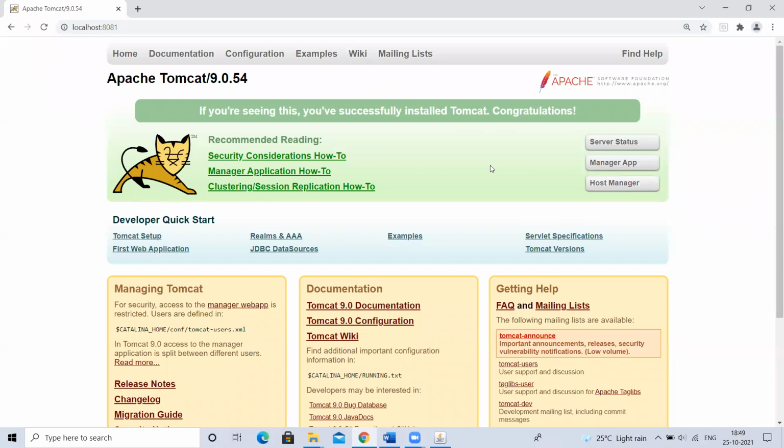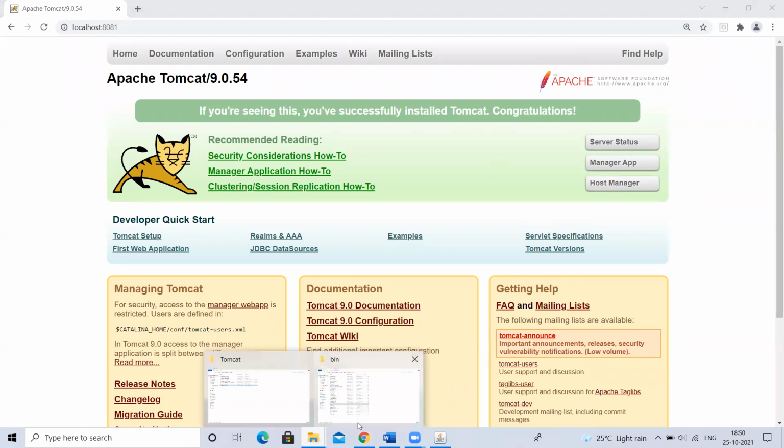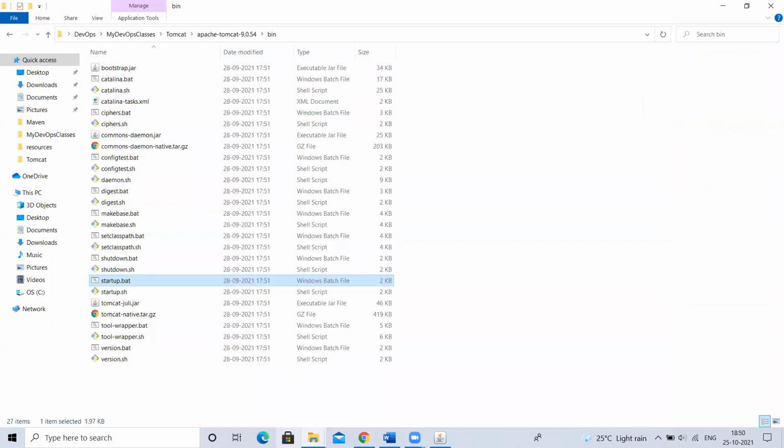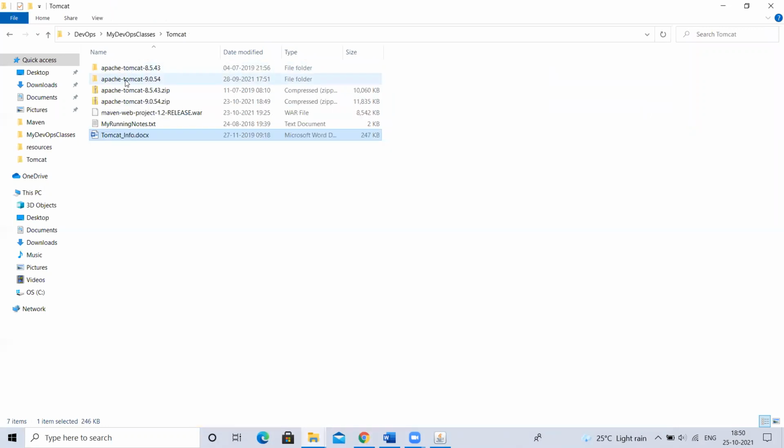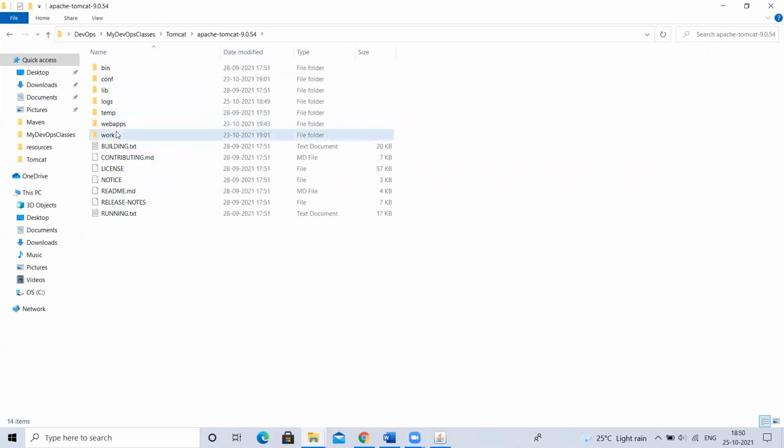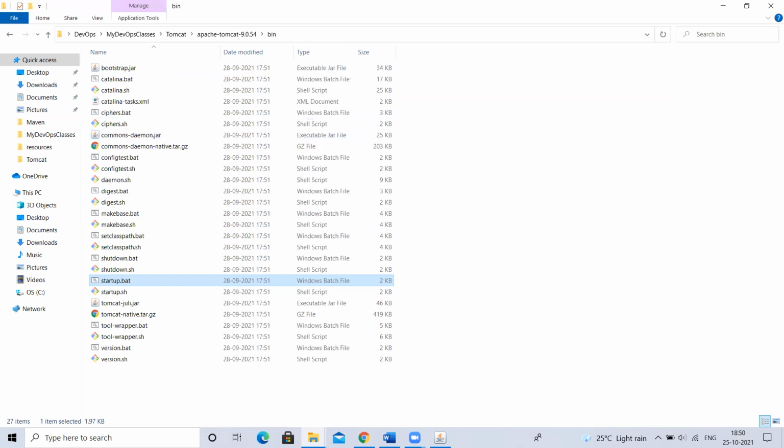But Tomcat is saying, don't deploy in that way. Why? Because if you are deploying into Tomcat, Tomcat will give you a username and password. Using that, you have to log in and deploy. But in this case, if you're directly copying, if you have access to this Tomcat webapps directory, then you can deploy, right? So don't depend on that. I will use a set of users, it is saying.